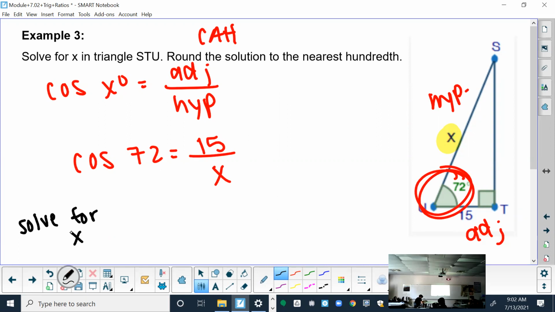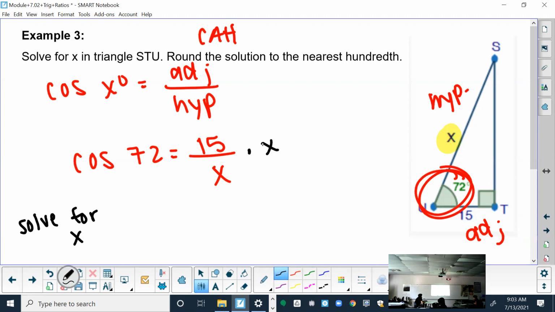To get the x by itself, what do I have to do first? Can I just divide by 15 and call it a day? Could I multiply by 15? If I multiply by 15, that won't cancel it out, right? So what I have to do instead